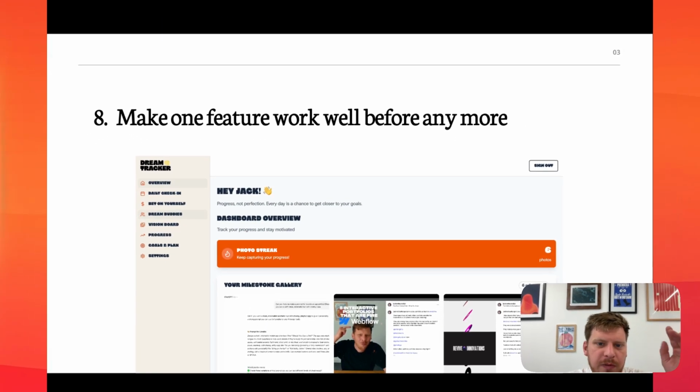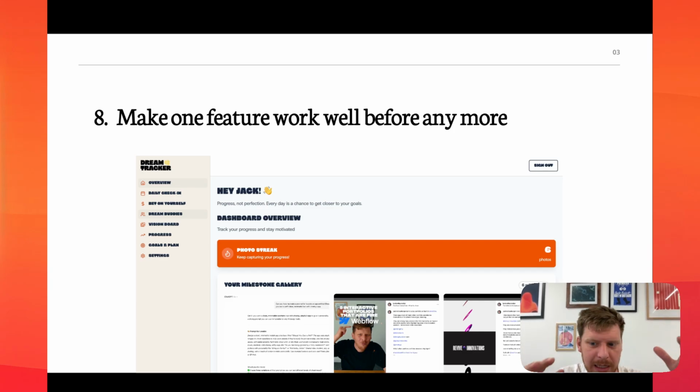That's that. Make one feature work well before adding any more. This one, I basically went ham on the features. Look at this. I had Bet on Yourself feature. I had Dream Buddies. I had a vision board. I had all this stuff. And a lot of them didn't work properly or quite how I wanted them to, because I just was like, oh yeah, what about this idea? And Lovable's like, yeah, I can add that. But, I mean, how does this work? And it's kind of like, I don't really know how it's working. Lovable is just trying to do its best to make whatever I've made just off the cuff. Like, oh, can you add this like massive feature?